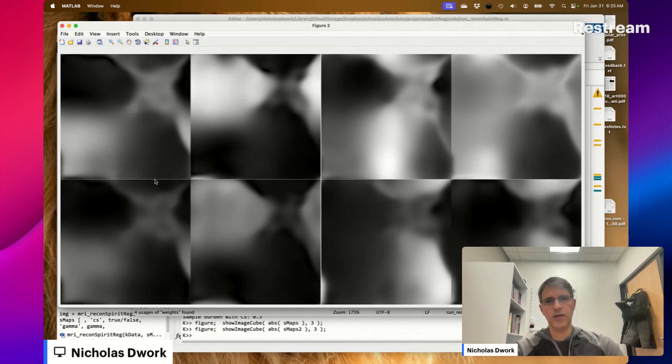So this is how well the sensitivity maps combine into a slightly higher complex exponential of a slightly higher frequency.